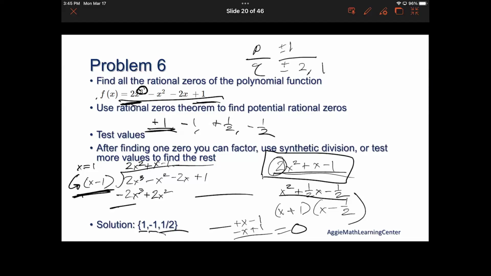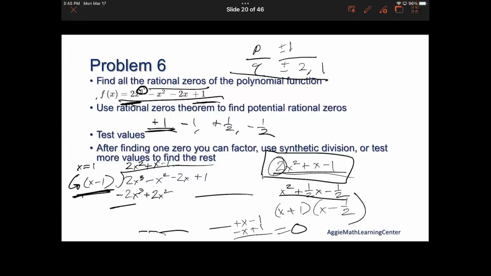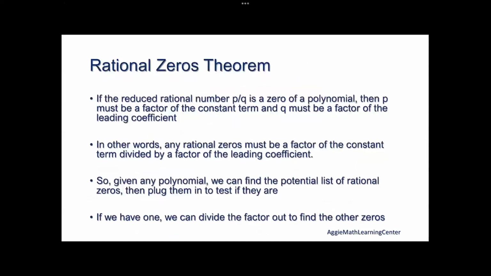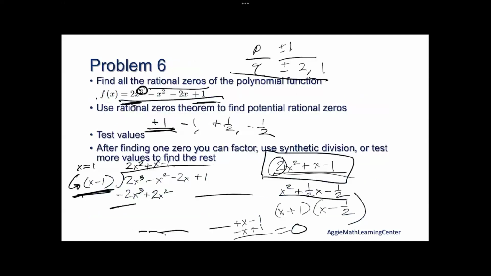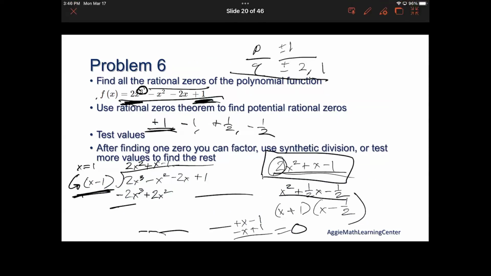So to find the list of potential rational zeros, the way how we do that is we use the rational zeros theorem from, if it will go back, from before, where all of the possible rational zeros are in the form P over Q, where P and Q are going to be the positive and negative factors of our constant at the end and the leading coefficient at the front. So, for example, if, I don't know why,